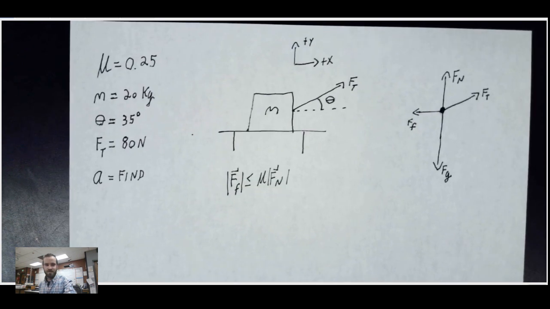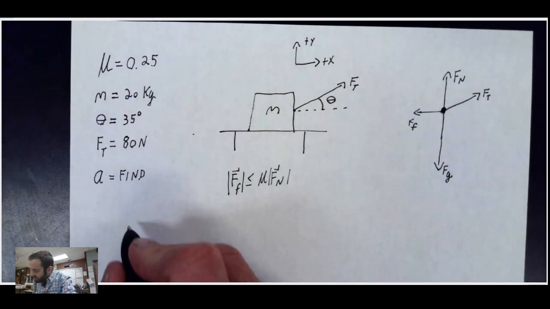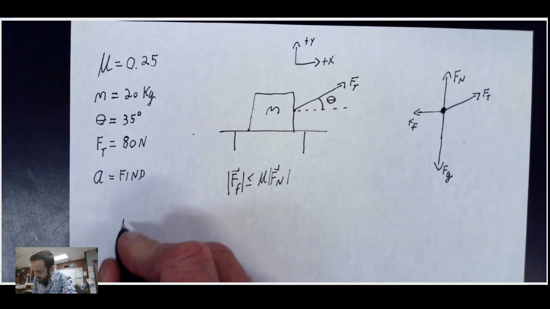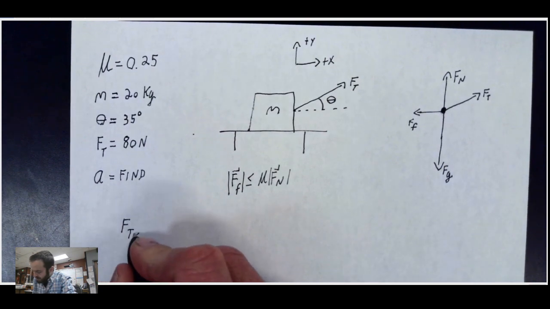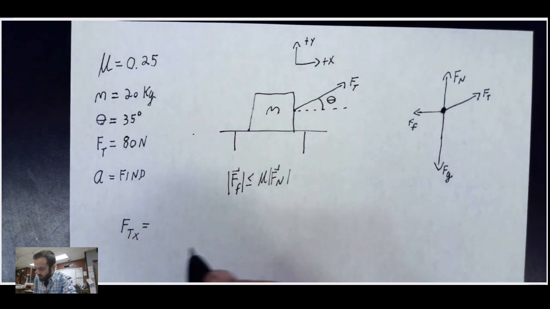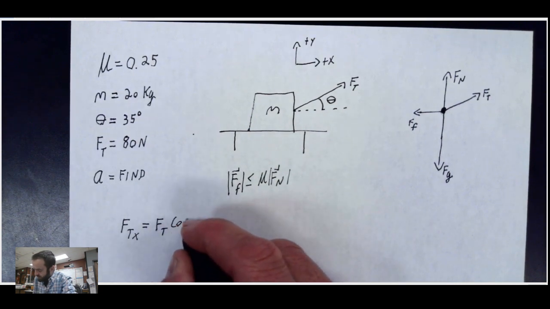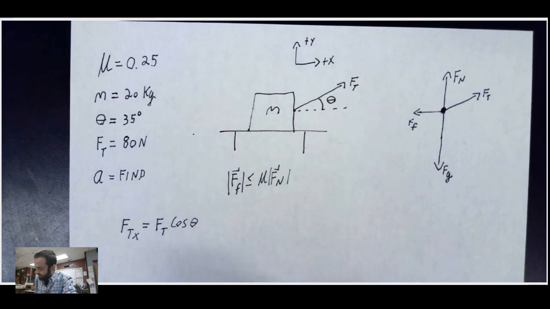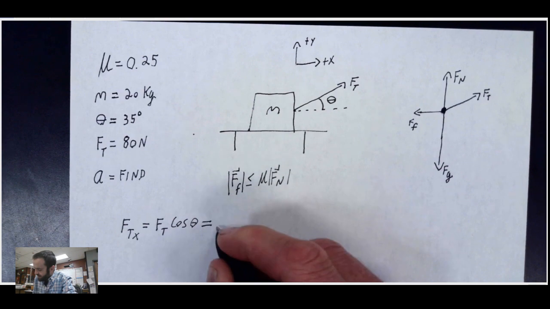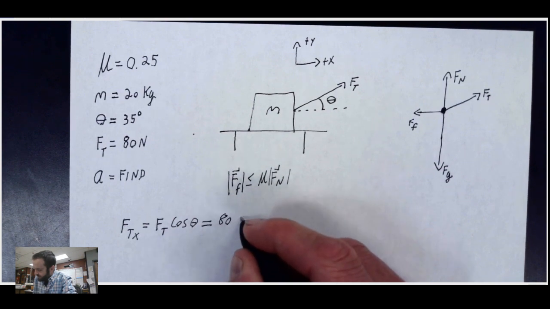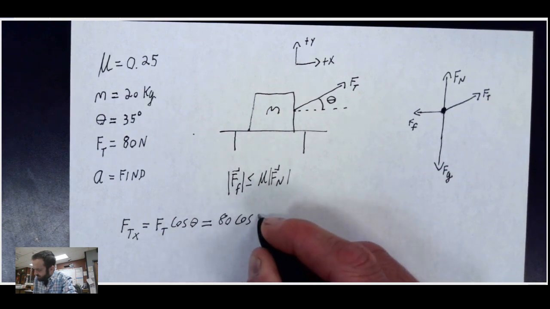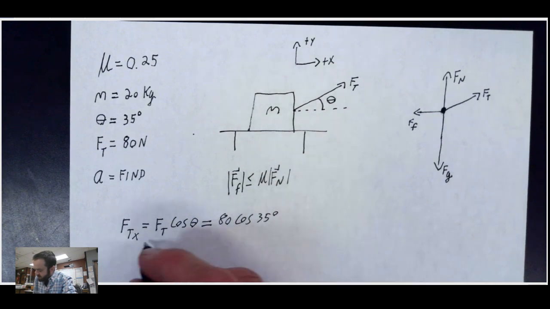Okay, from here, step 3 is to break our forces into any components. The only force we need to break into components is our force of tension. So I'm just going to throw out right here on the side that my force of tension in the x direction is going to be equal to the force of tension times the cosine of that angle theta. Now, if I do a little math, that's 80 newtons times the cosine of 35 degrees, which gives me